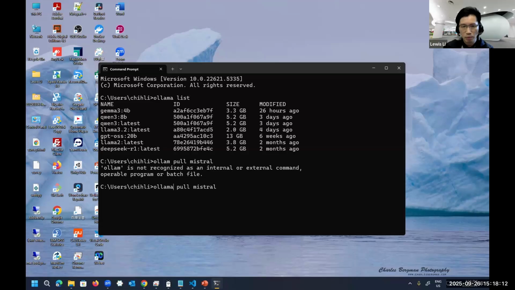So it will automatically download the model into your PC. You will have to wait for a while. The command pull means to download the model from the Ollama website to your own PC under the folder